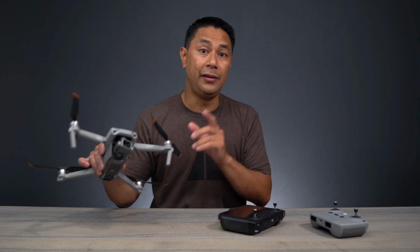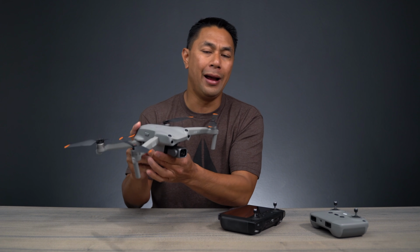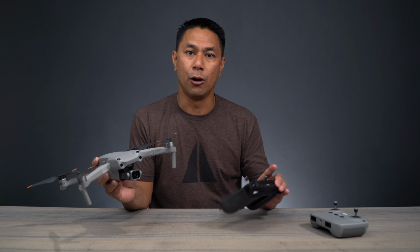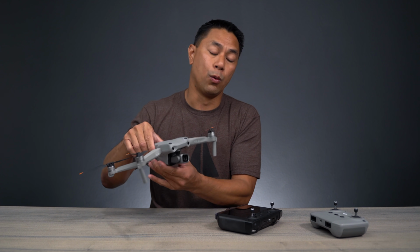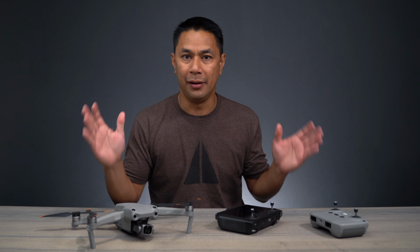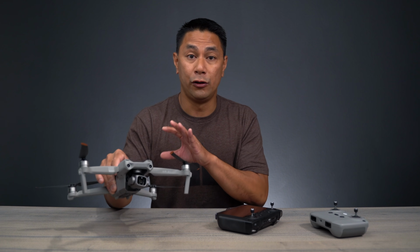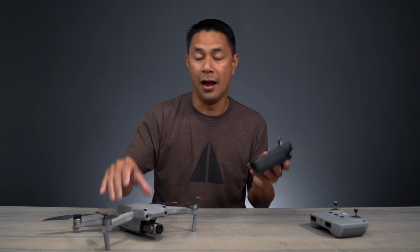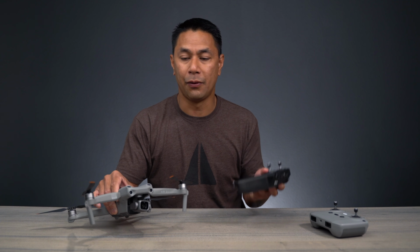Now, one thing I did ask DJI is if they're going to be able to release the Air 2S drone by itself. For instance, if you had the smart controller already and you're like, hey, I just want to buy the drone since it already works with my smart controller. I haven't got any information about that yet, so I don't believe that there's going to be anything coming out with possibly just having the Air 2S by itself. That would be really nice, because if you already had this, like I said, and you already picked this up maybe for a little bit cheaper by itself, then sync it up with your smart controller,